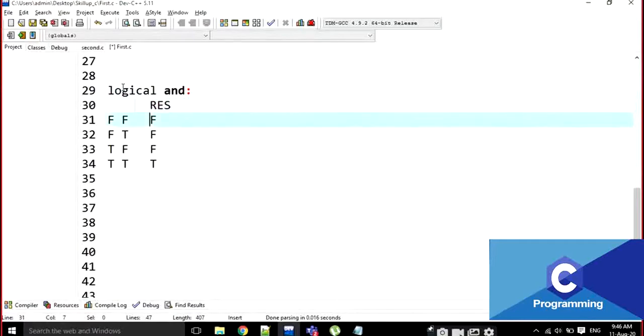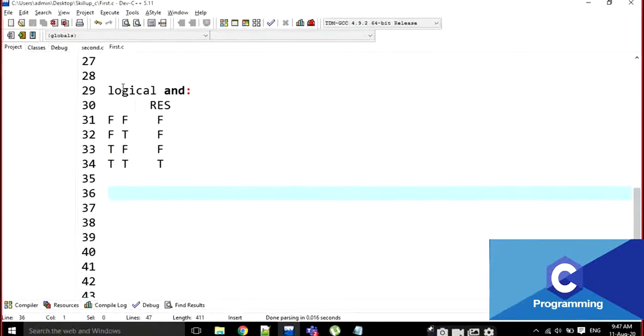Note down everyone, if you don't know the logical AND truth table, this is called a truth table. Both the conditions are true, then only it will be true. Not only two; if it has 100 statements, only if all 100 statements are true, then the result is true. We have to grasp that knowledge. Not only two things: all the conditions must be satisfied, then only it will be true. This is the logical AND truth table.